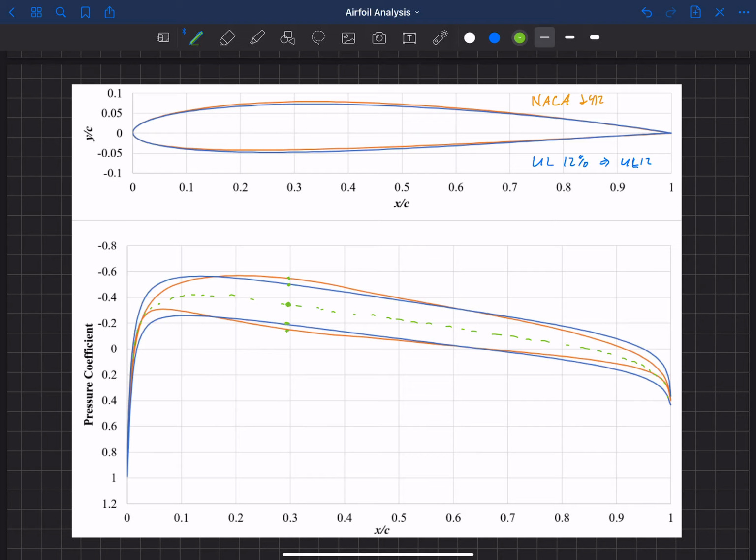So the average of the upper and lower surfaces is determined by the thickness distribution of the airfoil, which for these two airfoils is the same. However, the difference in pressure between the upper and lower surfaces is determined by the camber line. Okay, so we can link the camber line to the strength of vorticity along that camber line from thin airfoil theory, and back out what the camber line should look like for a given delta between the upper and lower surfaces.